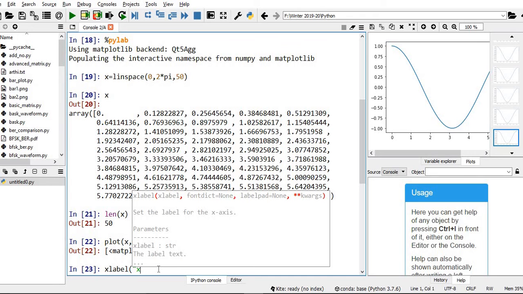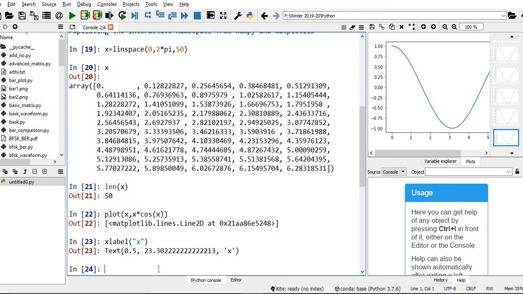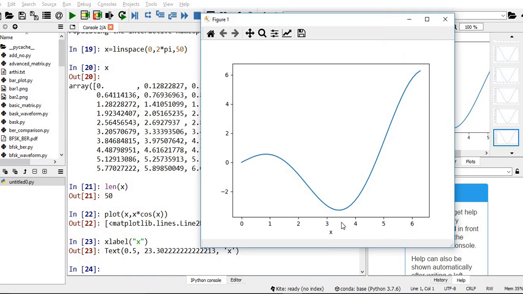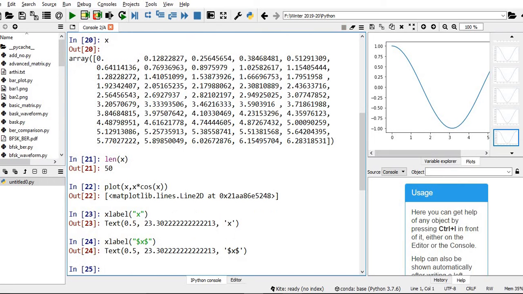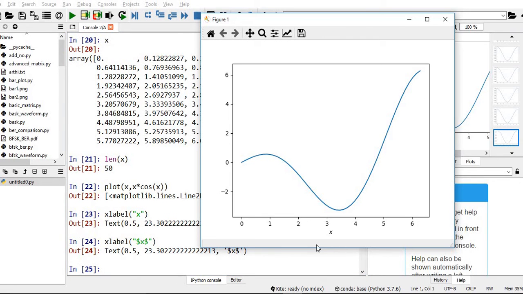If I just give x, you just see how it looks. It's not looking mathematical. X is okay, but if you use other things, like x square or something like that, it won't look like a mathematical format. So I'm using this dollar symbol, because I want to give a LaTeX-like look. Something like slanting, and it's looking like an equation.